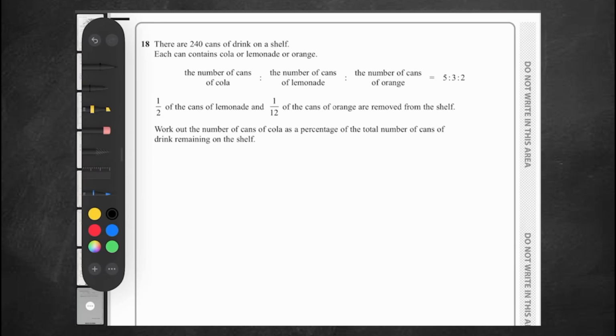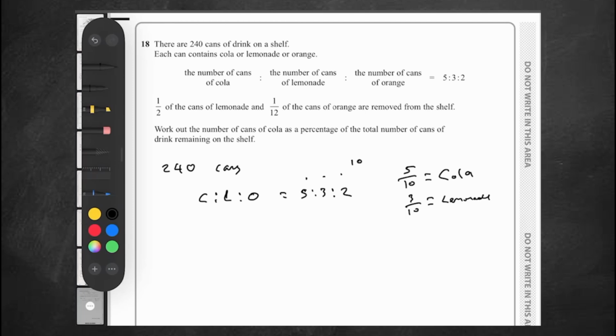So there are 240 cans, and we'll say cola, lemonade, orange in the ratio 5:3:2 at the start. So added up, these come to 10. So 5 out of 10 of the cans are cola, 3 out of 10 lemonade, 2 out of 10 orange,